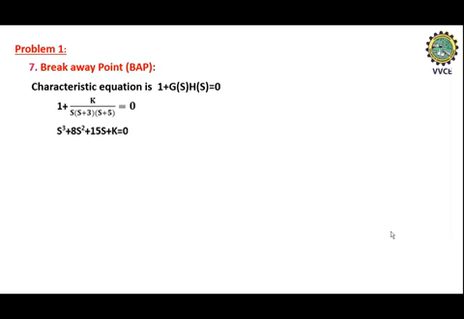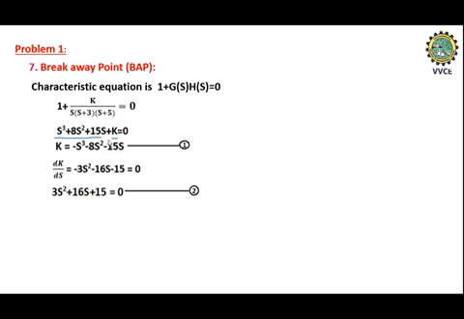Now separate the k terms as well as s terms. Now bring all the s terms to right hand side and keep the k in the left hand side itself. So it will become k equal to minus of s terms, all the s terms. Call it as equation number 1. Now differentiate this equation dk by ds, that is differentiate it with respect to s. So then we'll be getting the expression as minus 3s square minus 6s minus 15 equal to 0.